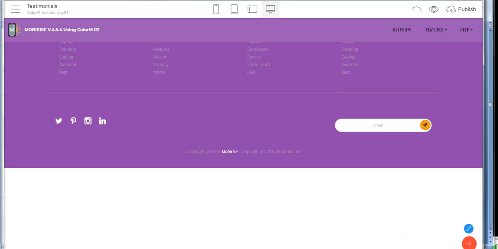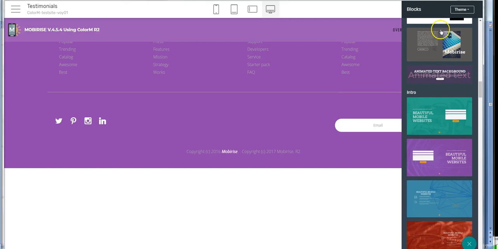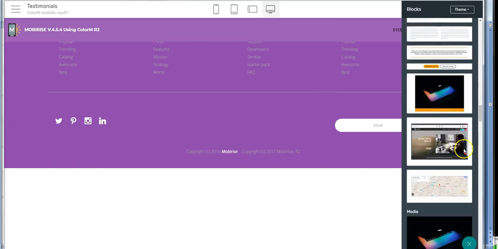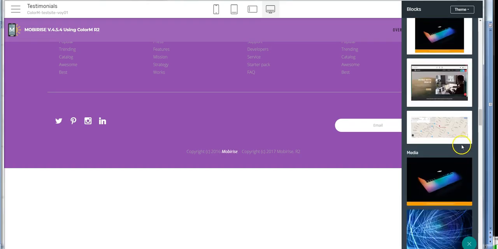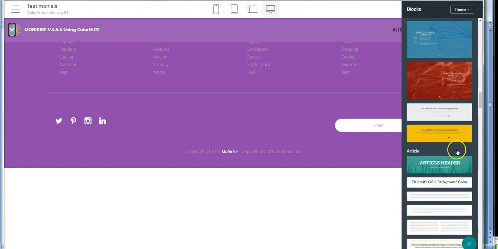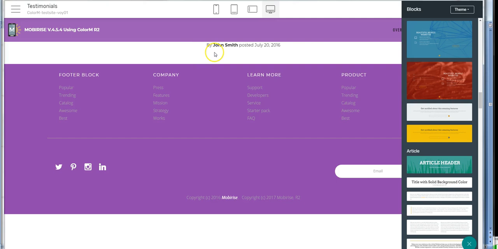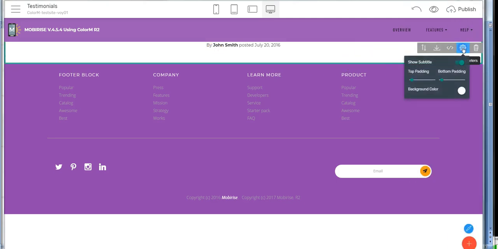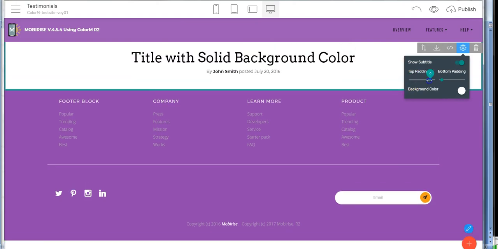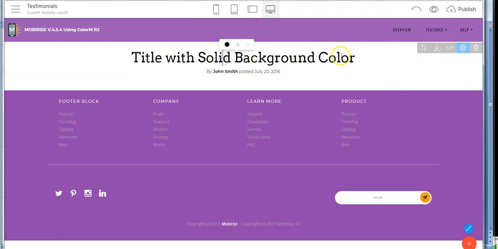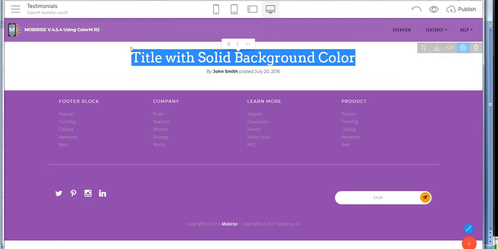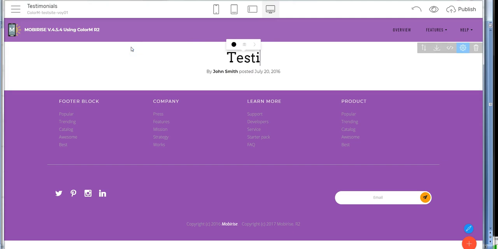And now we're going to look for testimonials. And I think in ColorM, there's some testimonials. Let's put this here, just drag and drop, and then let's go in and make the top padding big enough to be able to see what's going on, and then we'll just take this and have it say test